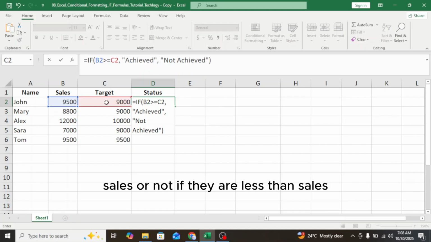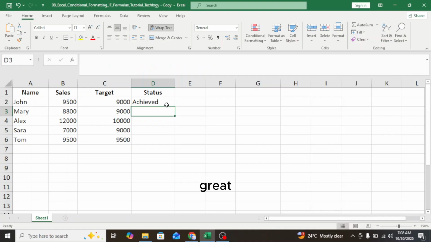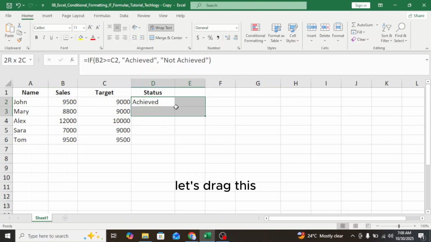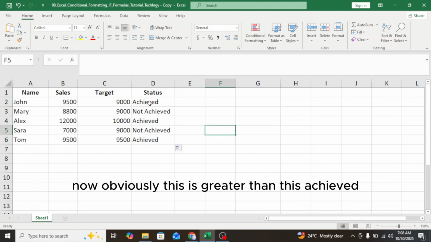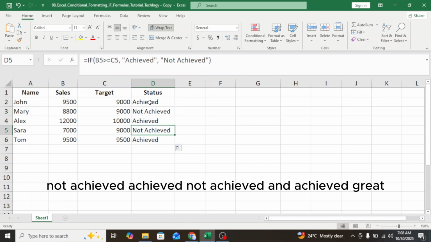If it is lesser than sales, then in this particular status cell "achieved" will be written, otherwise "not achieved" will be written. So press enter. Great. Let's drag this down. Now obviously this is greater than this: achieved, not achieved, achieved, not achieved, and achieved.